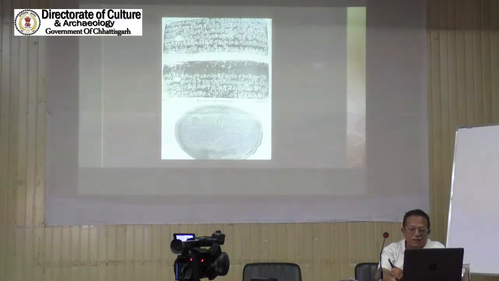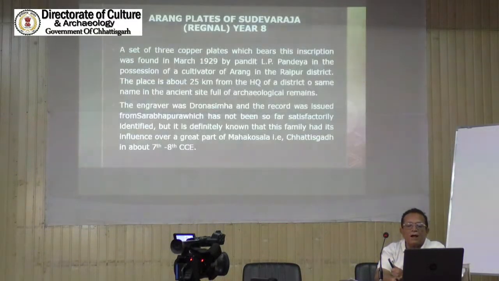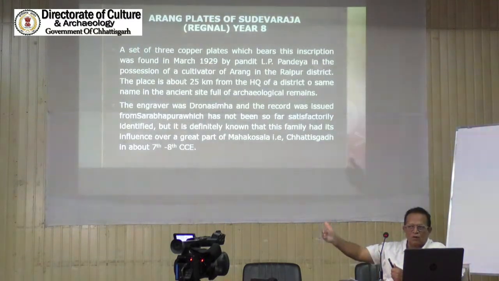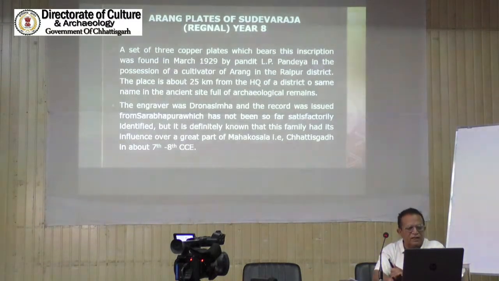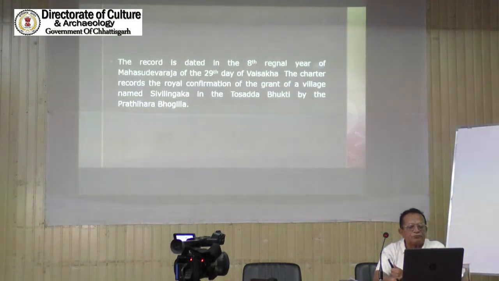So this again, the other side of the facsimile. And these are the Arang plates of Sudeva Raja. Arang is again dated, I am taking it in a little chronological sequence. Now we have come to 7th, 8th century Mahakosala. So, the confirmation of the grant of a village named Shivalingaka, and the Bhukti division, by the Pratihara